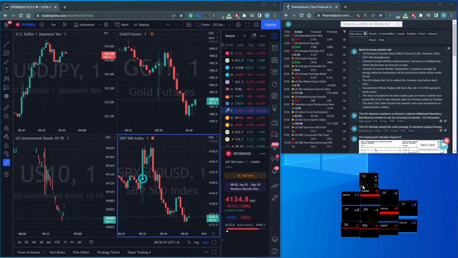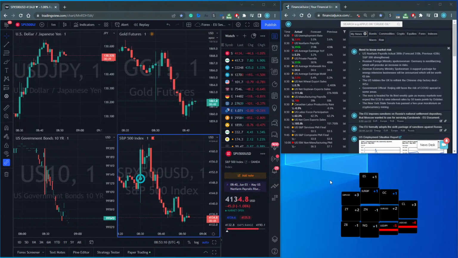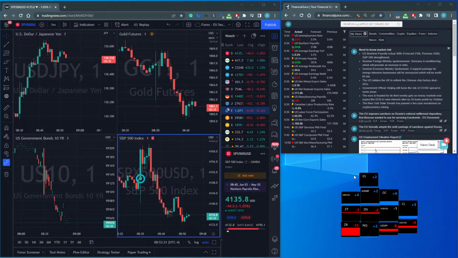So there are different levels that you can set Tick Strike at. Level 1 is when Tick Strike is the most sensitive to the asset or asset classes that you're looking at, and level 15 is where Tick Strike is the least sensitive to movements. So if you're a scalp trader looking to capitalize on the small movements here or there, and again, it depends on how you want to use Tick Strike.